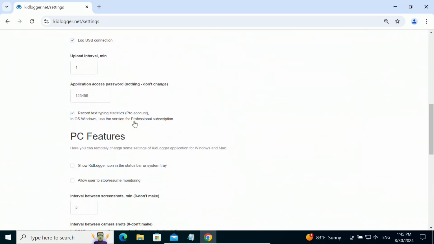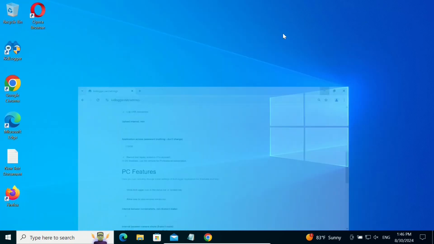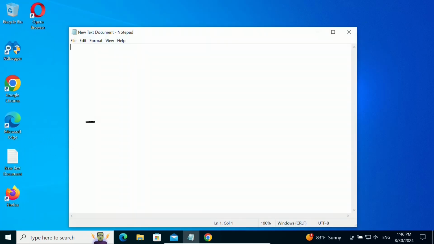Next, we have the option to record text typing statistics. If you have a professional account, you can see all the text typed by the user on this computer. Let's check this feature. Create a new text document and write some text.